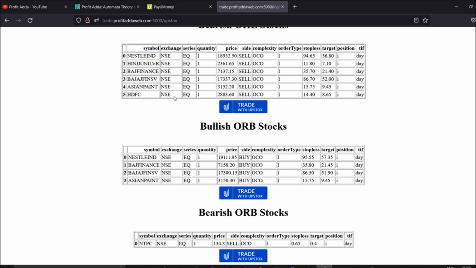Now one more thing: suppose range breakout is there, and vice versa. Say suppose my low is broken. Open equals low didn't hold, open equals high didn't hold. So what I need to do is trade this as a range breakout. Range breakout means these stocks will definitely fall a little bit, and those stocks will definitely go up a little bit. In bullish, we will check our stocks. If our high is broken, this was in bearish stocks, now it comes into bullish stocks, bullish opening range breakout stocks. So you can buy these stocks right now.